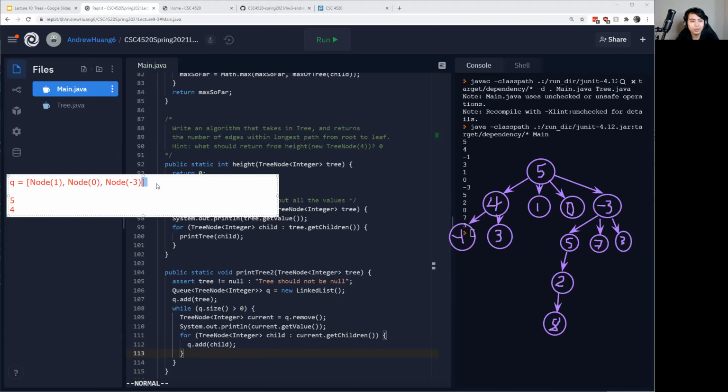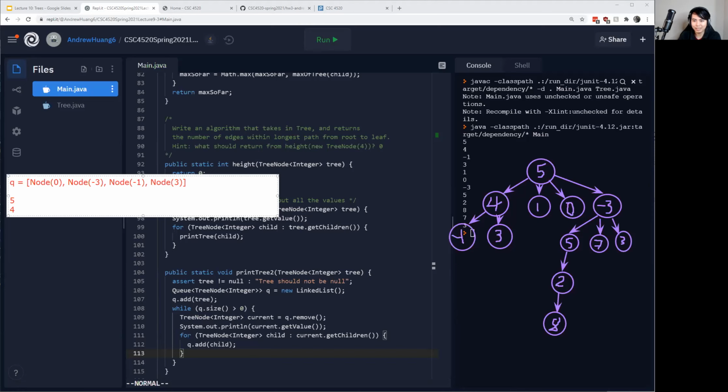We're adding to the end, right? Because again, this is working exactly like a line would be at an ice cream shop. The first one that we added will be the first processed. So if we're adding more nodes, we have to add them to the end of the line, just like how all lines work, right? So in this case, we'll add node -1 and node 3 at the end, and then we'll just go ahead and process the next element. In this case, we'll process node of 1,